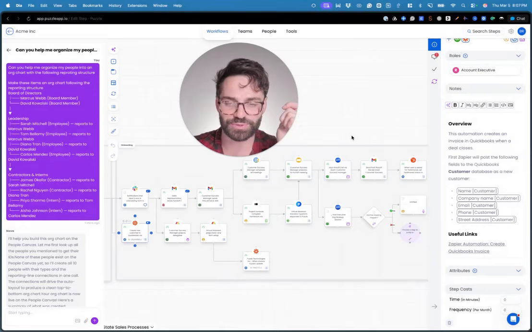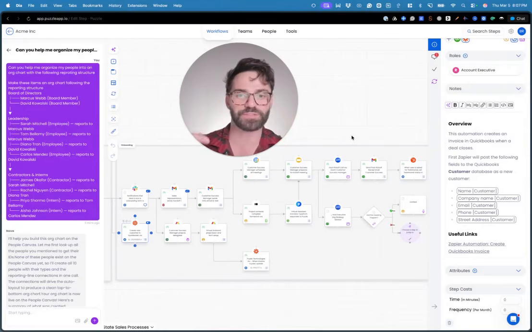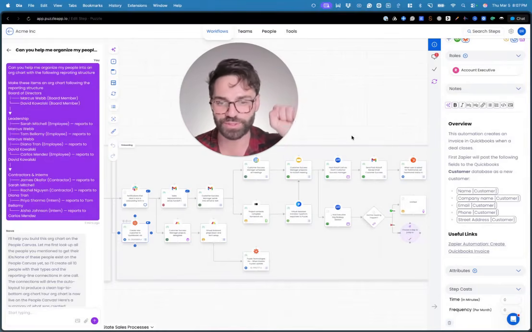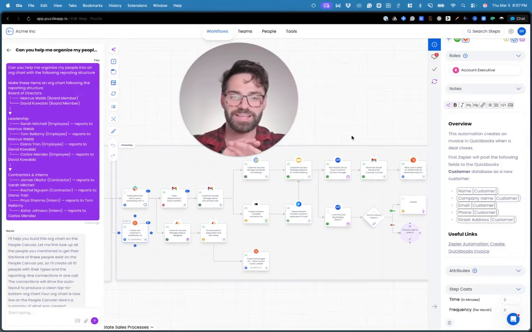Nova is super powerful. Nova can take actions across multiple canvases. So if you want to diagram workflows, build team structure, build an org chart in the people canvas, or set up new tools in the tool canvas, Nova can do all of those things from one chat. So let's get started. Today we're going to walk through a collection of examples across every canvas to show the